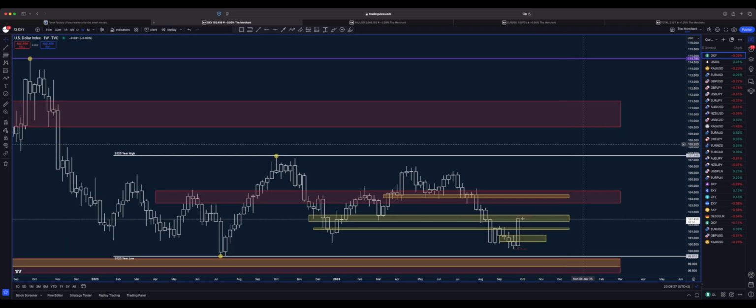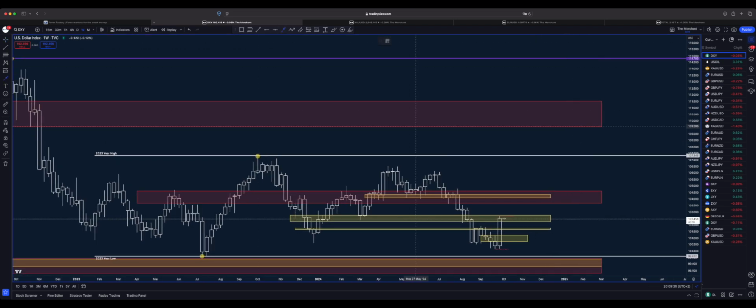And in general, what you can see here is that down below, we have this yellow and red rectangle, which is monthly and weekly zones. So there is a very, very high probability for the price to come down here. It's right now just a matter of time and when. As you can see here, we have the same scenario, red and yellow. So it's also a matter of time.